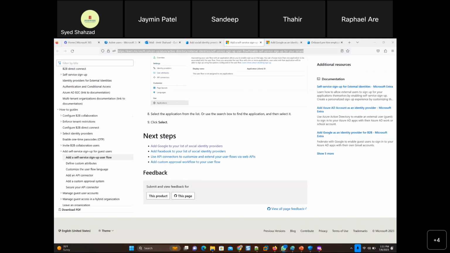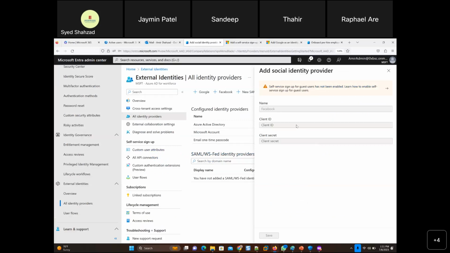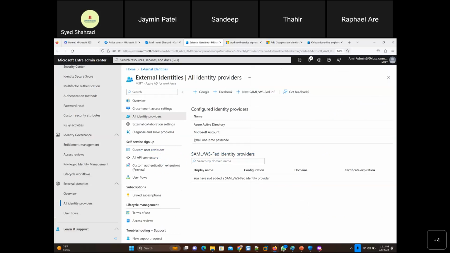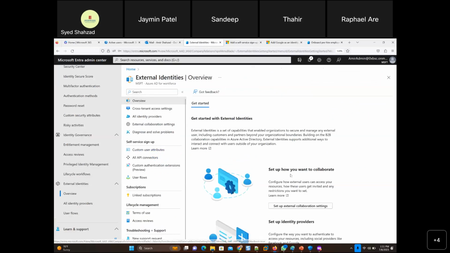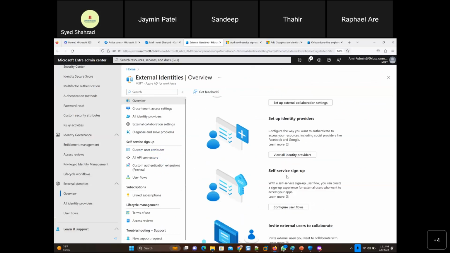Okay, so here overall, it's the same thing. Enterprise external applications that you can connect to M365. If I go to overview again, then there is self-service sign up.